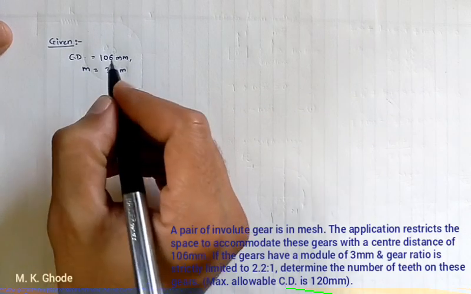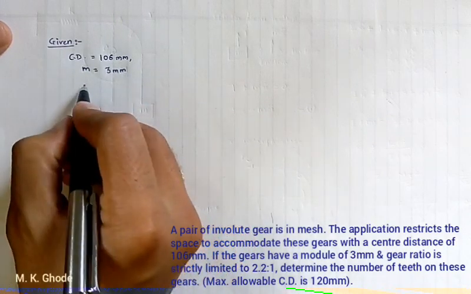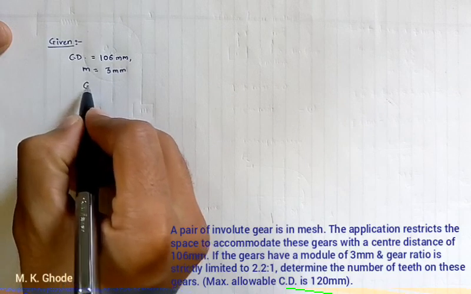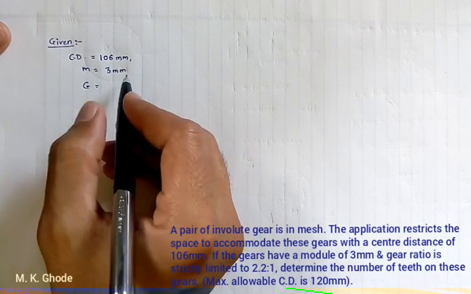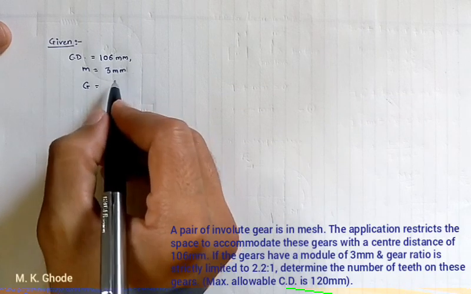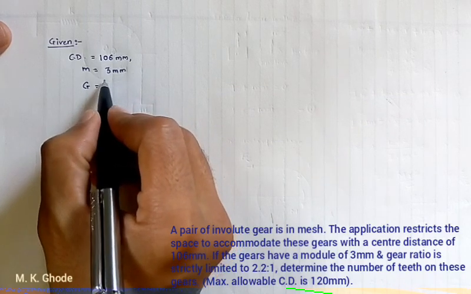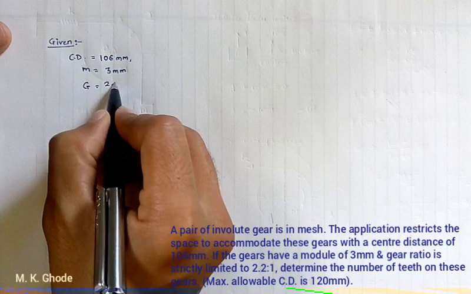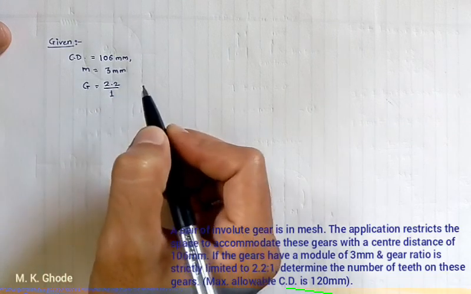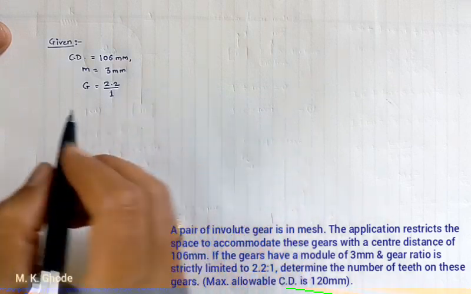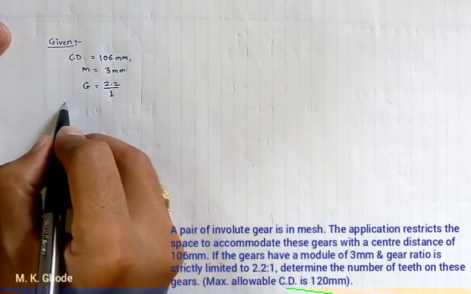And they have given the gear ratio, the ratio of the speed of the driver to the driven. The gear ratio is 2.2 to 1, meaning 2.2 upon 1. So now we need to find out